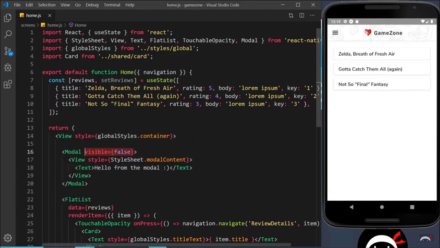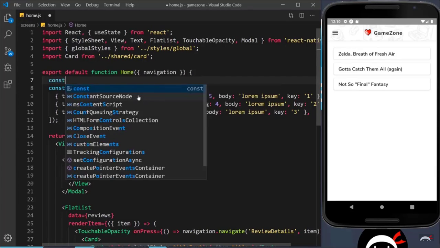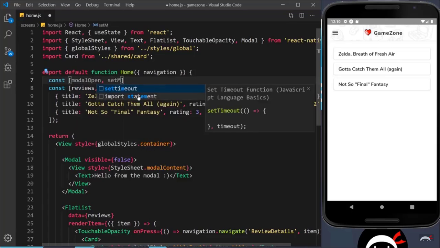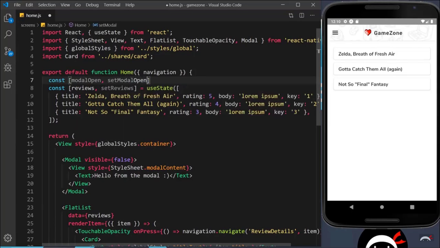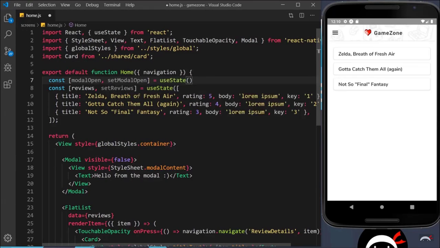Awesome. So what we really need now is a way to toggle this from true to false, and we need to store that in a bit of state, because the user is going to control that by clicking on a button to open it and then a button to close it. So let's create a bit of state first of all to do that. So this bit of state is going to be called modal open. We'll say const modalOpen, and also we need a function, so setModalOpen, and that is equal to useState, and the initial value is going to be false,